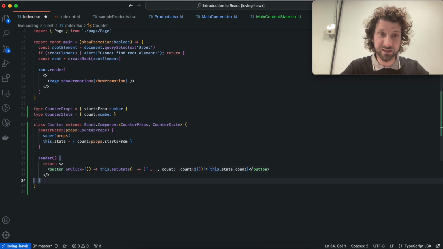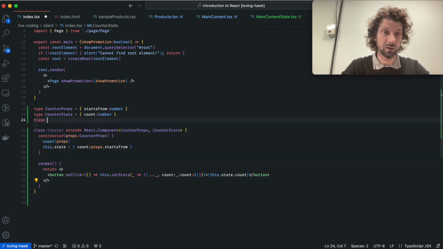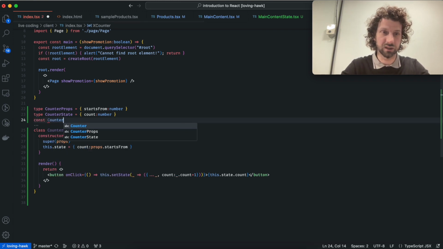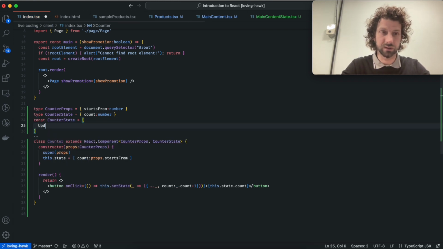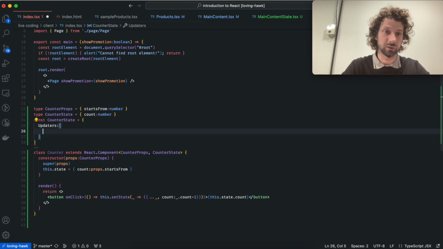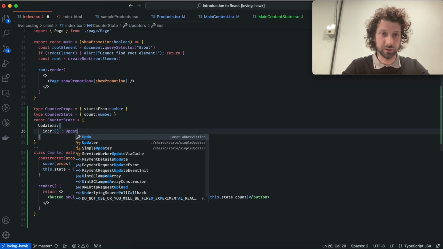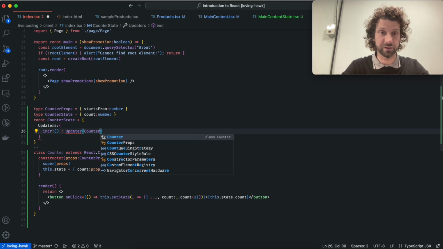Of course, the very same policy of defining state updaters works here. We're actually going to do it. Const counterState, and then the updaters. Then, let's say incr. And what does incr do? Well, it just produces an updater of counterState,